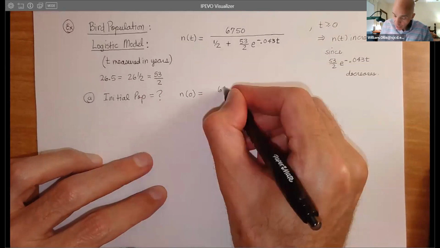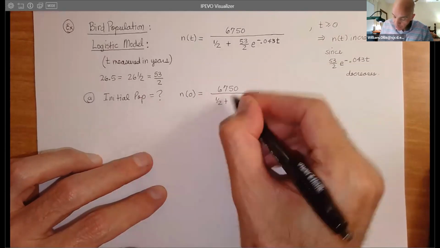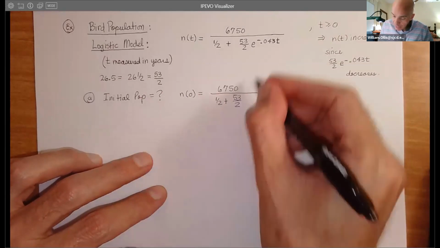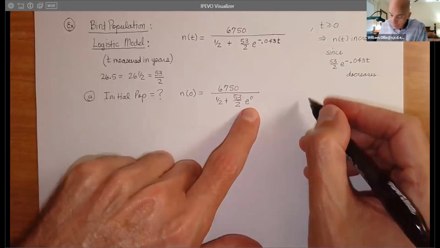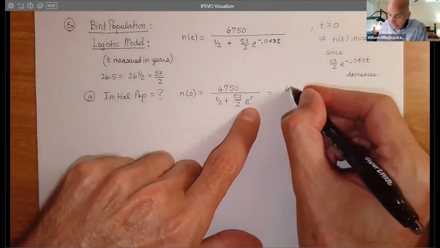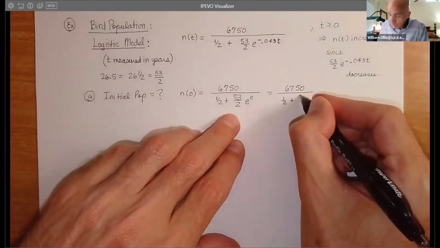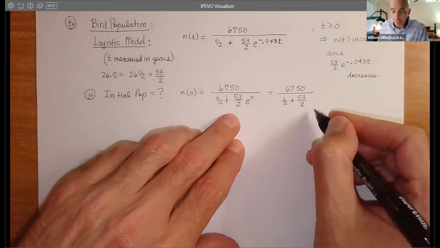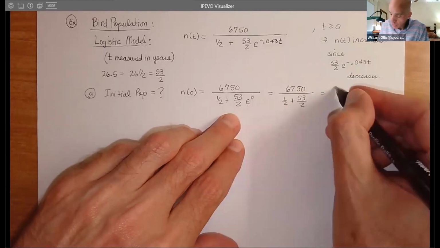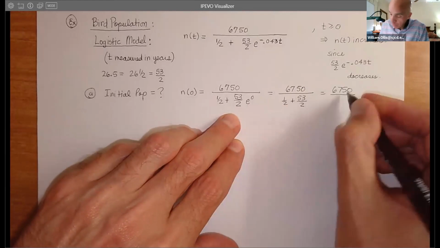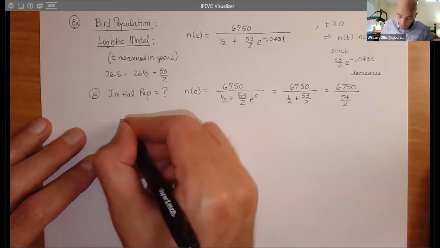So 6,750 divided by 1/2 plus 53 over 2. And then, of course, we have e to the 0 because t is 0. But remember, e to the 0 by definition is 1. So we get 6,750 divided by 1/2 plus 53 over 2, because this is 1. So that gives us what? 54 over 2. So 6,750 divided by 54 over 2, which is a nice number. That's just 27. So we get